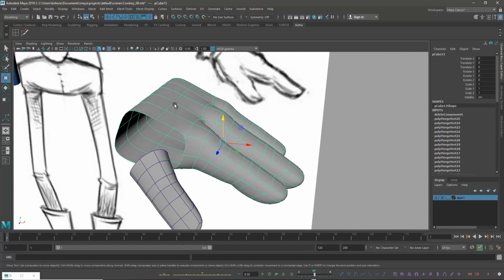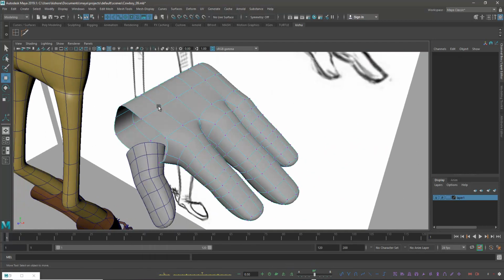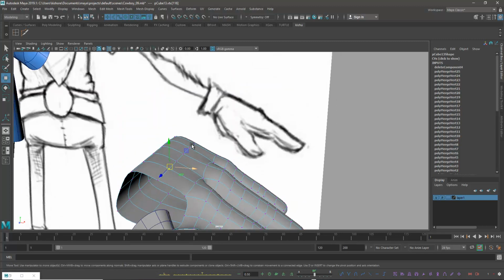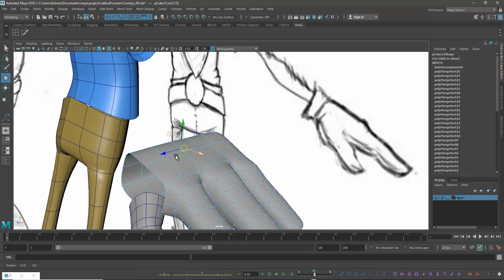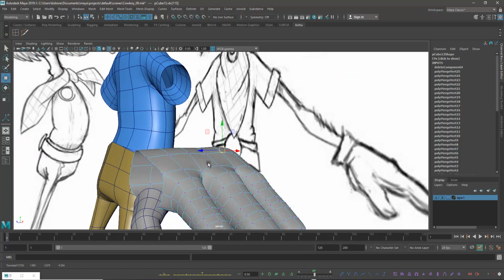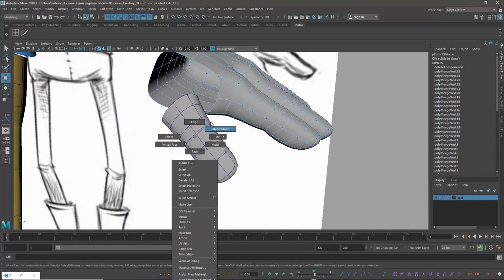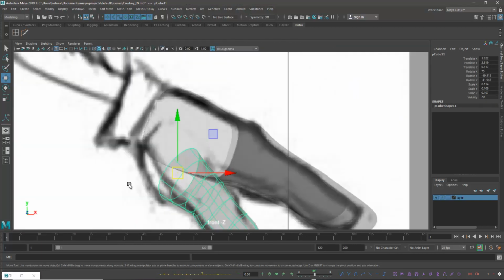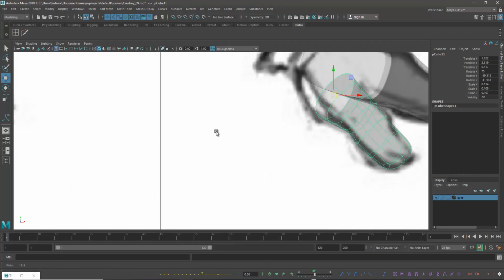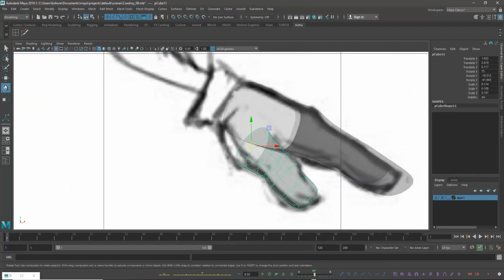Let's adjust a little bit. Make sure one more time whether this finger is in the right place or not. It is in the right place, but